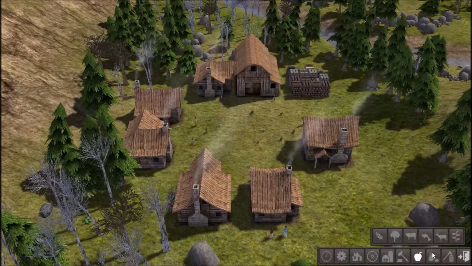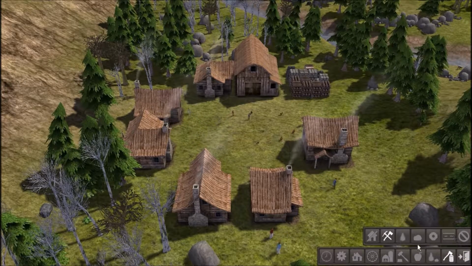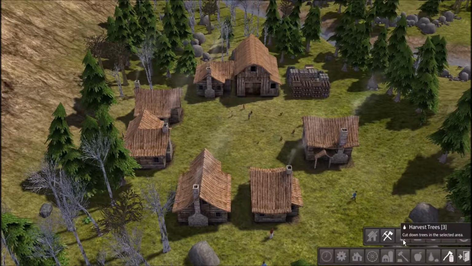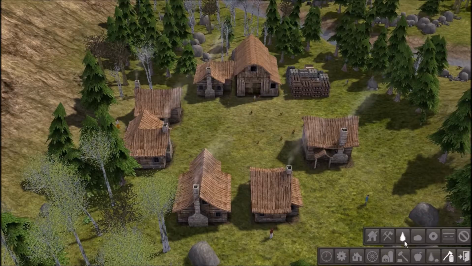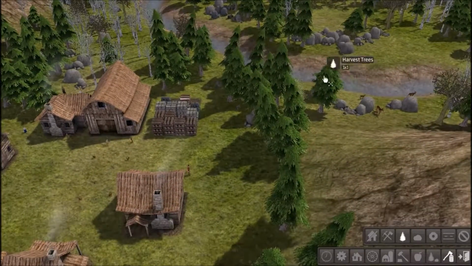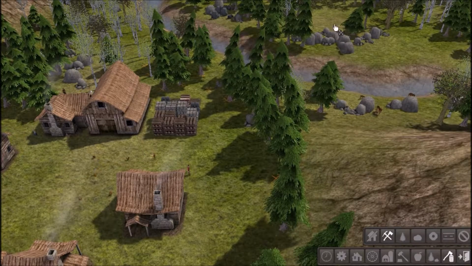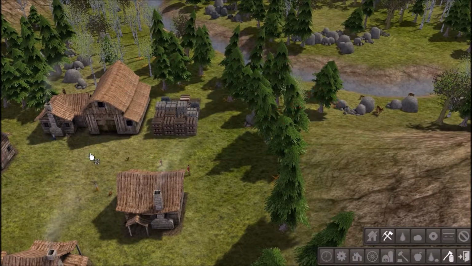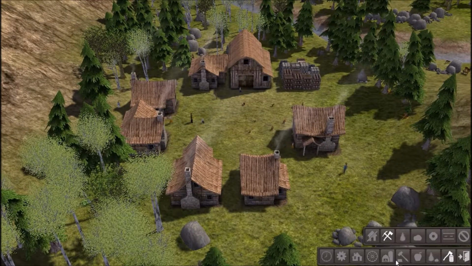What are we gonna do? We need, actually, resource. Remove resources. What are we gonna do? Just get trees, I think. So we're gonna remove those. Actually, you know what? We're gonna get all the resources from right here. Let's grab that, clear that area out. And we're gonna need a